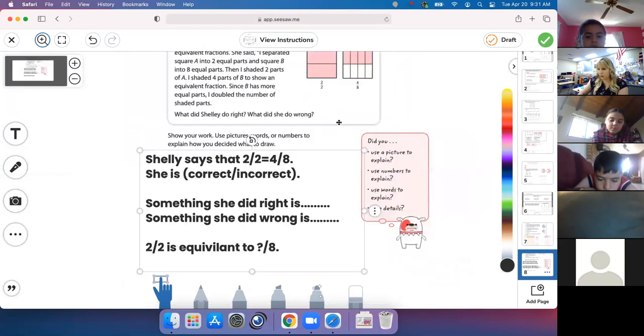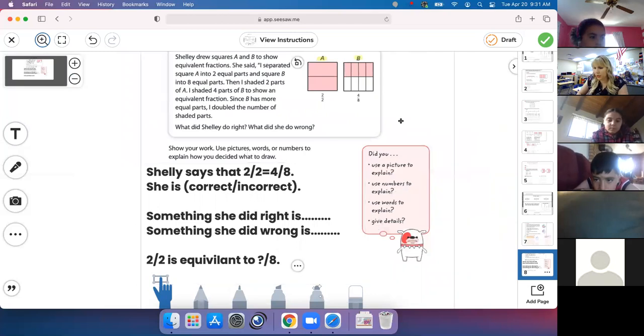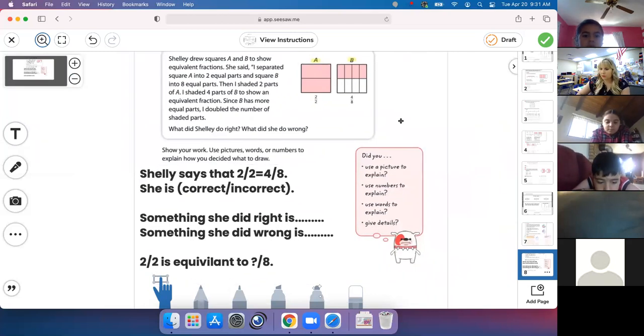I'm going to zoom out so you can see the example and what I wrote here. So Shelly says 2 halves equals 4 eighths. She is correct or incorrect. You do not have to type both. You are going to tell me what you think. If you think she's correct, you're going to say correct. If you think she's incorrect, you're going to say incorrect. Whether you think she's right or wrong, you still have to tell me something she did right and